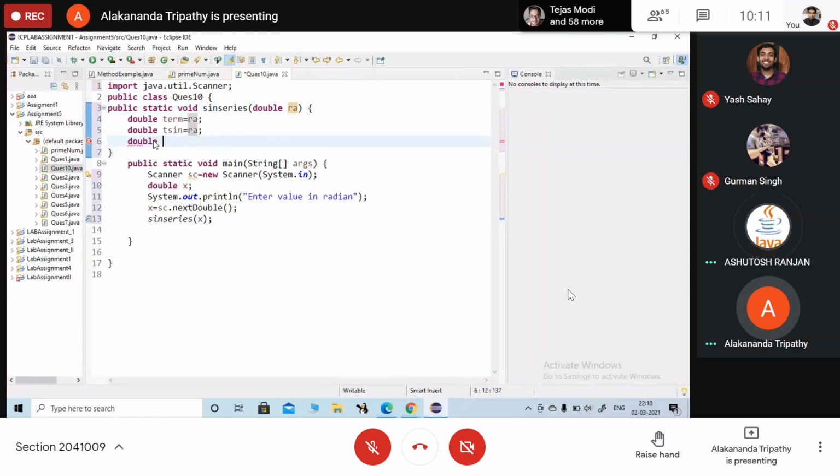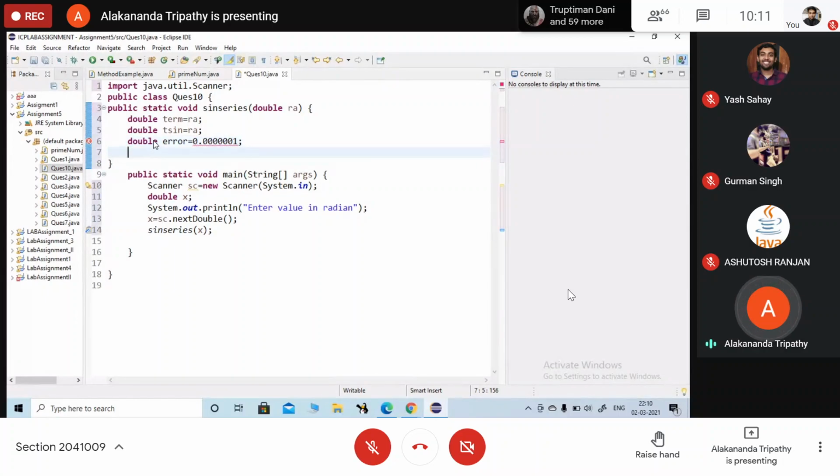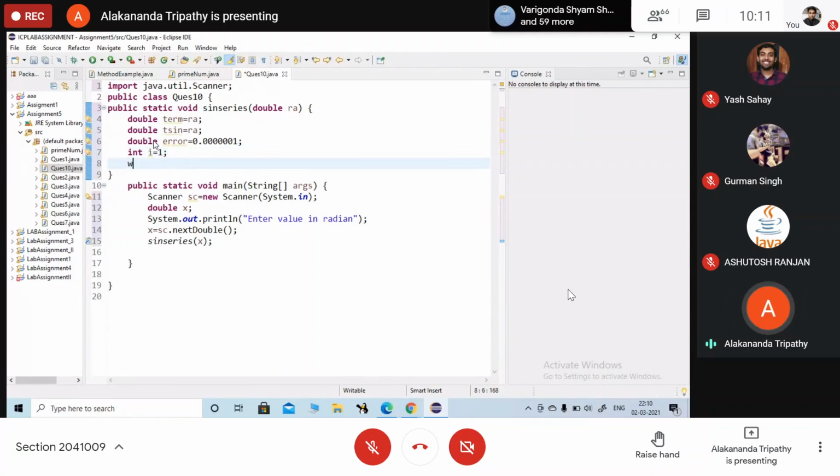Now double RA, error, sum. What is the value for the error? 0.345. अब देखो कैसे variations आएगा. So here I have defined the error value. Now I have taken int I equals to 1. So what is the while statement? While math dot